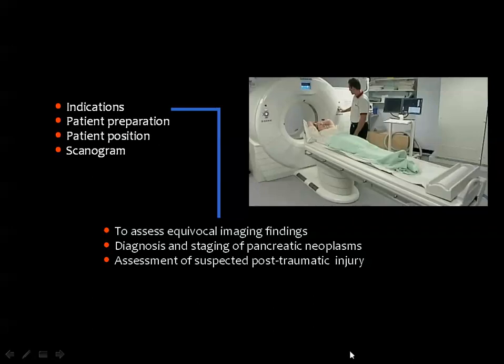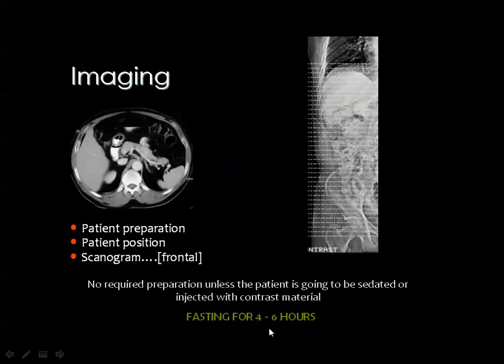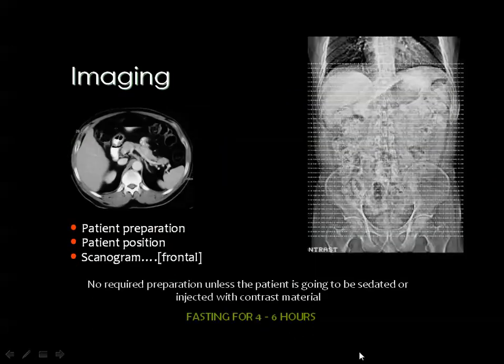Then the indications for examination of the pancreas by CT are to assess an equivocal previous imaging finding, such as the results of ultrasound, for example. Then one of the main tasks is the diagnosis and the staging of pancreatic neoplasms and the assessment of suspected post-traumatic injuries. Then the patient preparation is the usual preparation for abdominal imaging, and we have a scanogram and indicate